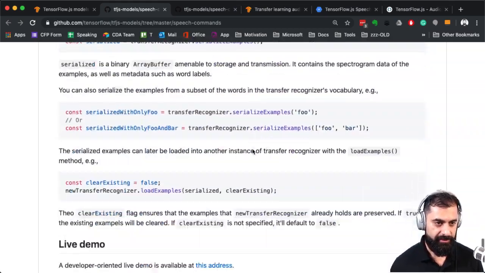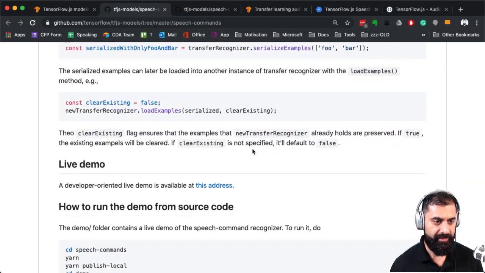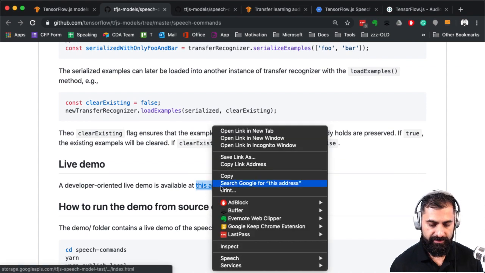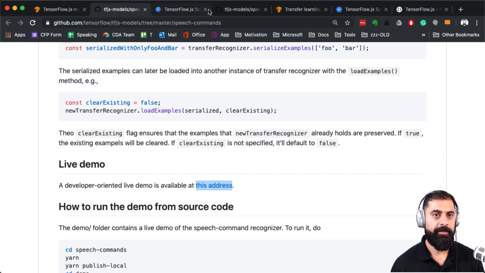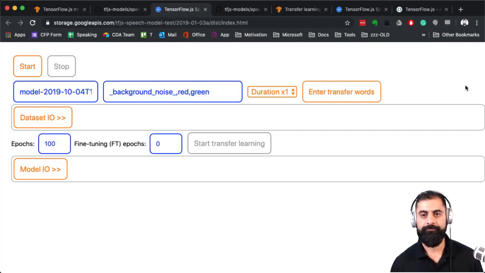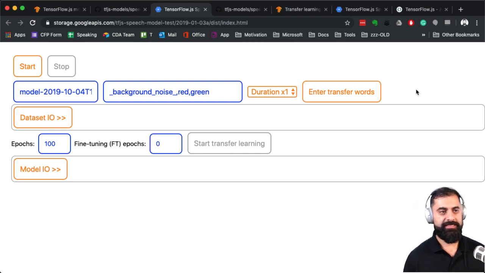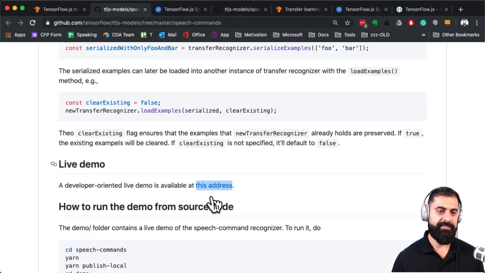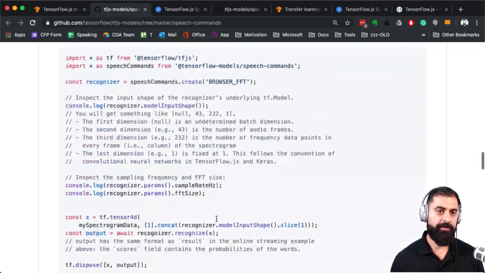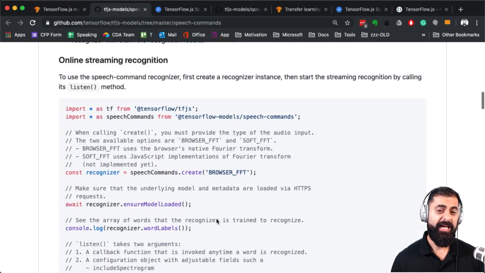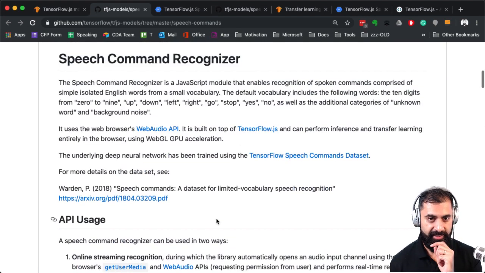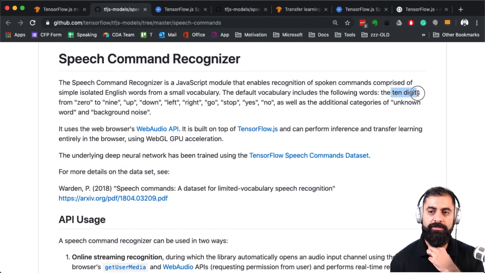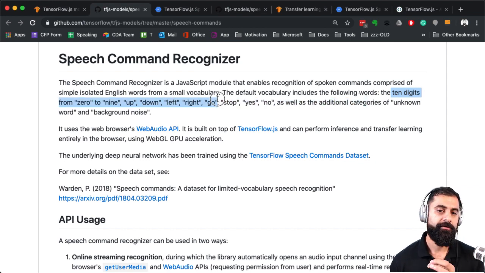At the very end, it's going to have something called, if I remember rightly, a live demo. We'll open this up here, and then we'll give this a go. Okay. So this is a pre-trained model that's already been trained up to recognize a very, very small set of words. I'll see if it has the list here. Oh, here it is. So it can just understand a few different spoken words and recognize what's being said.